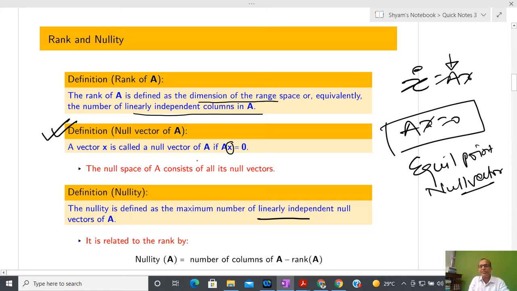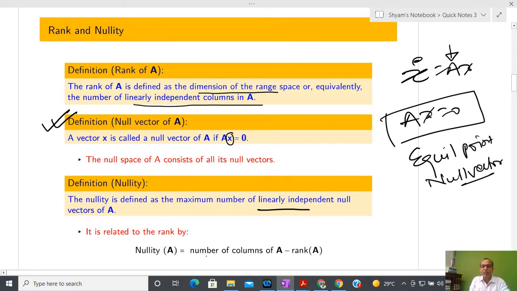Okay, so I have the definitions of range, rank, null vector and nullity. If you see carefully, then nullity of A is related to the number of columns, because if I know the number of columns, then I can expect n independent columns, but out of that it might be possible that something is dependent, so we have to remove that dependent vector. Okay, so if I know the rank, because rank is concerned with the independent vectors, then if I remove those independent vectors, whatever remaining vectors there are, that is called nullity. Anyone has confusion on this?